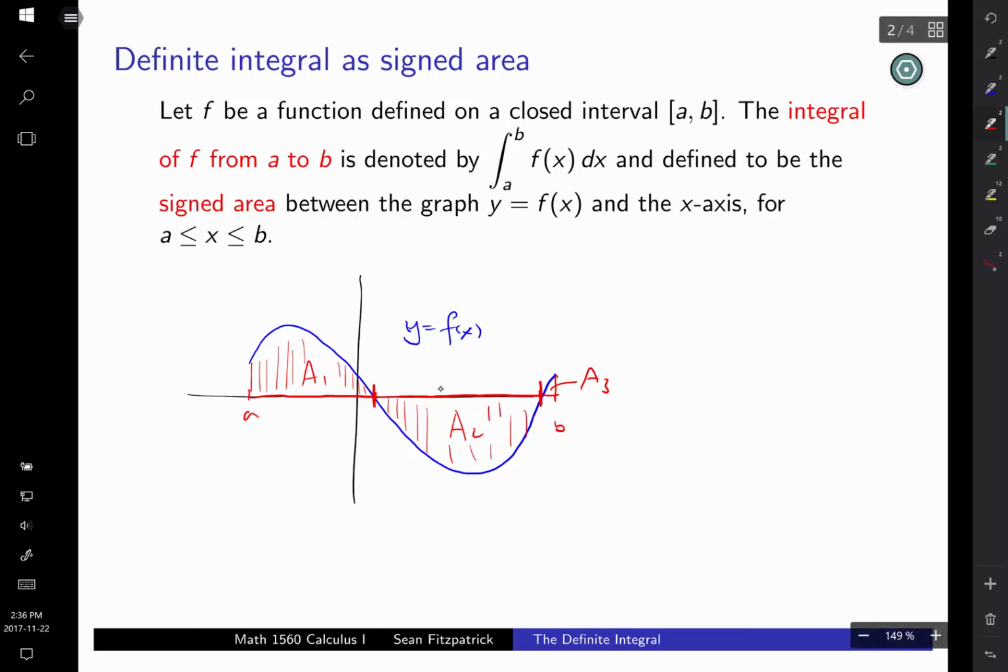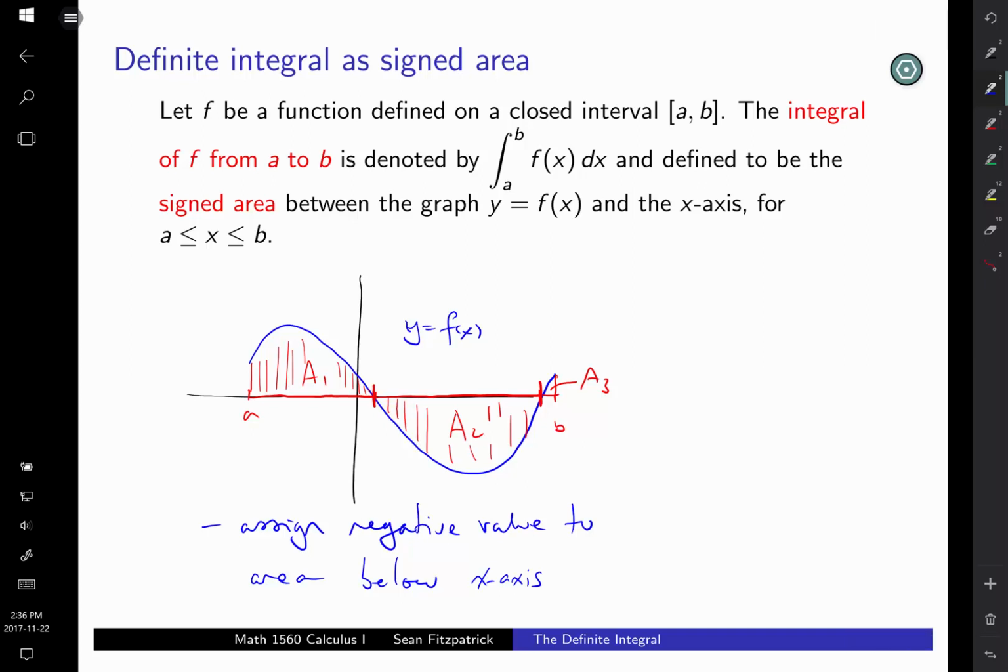And what we do is we basically assign a negative value to area that's below the, well, let's specify below the x-axis. Okay, and so if we take this approach that areas below the x-axis are assigned negative values, then we can say,